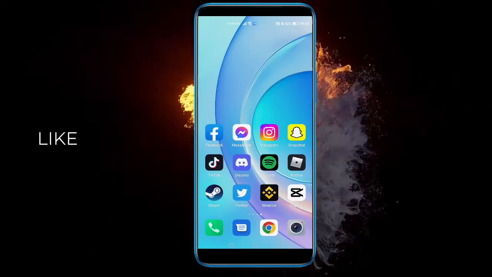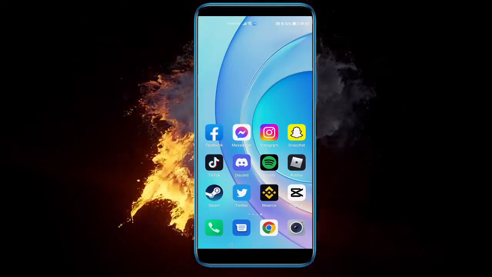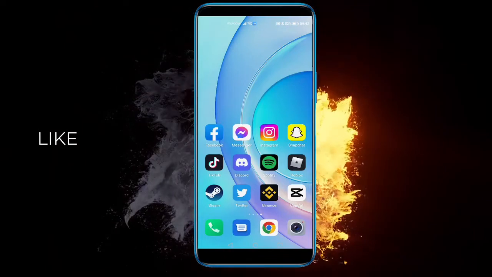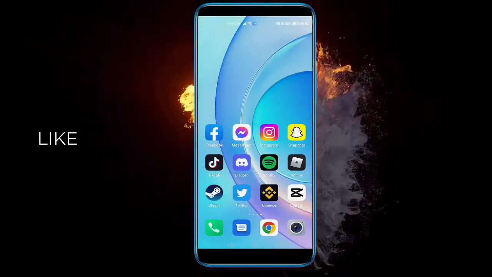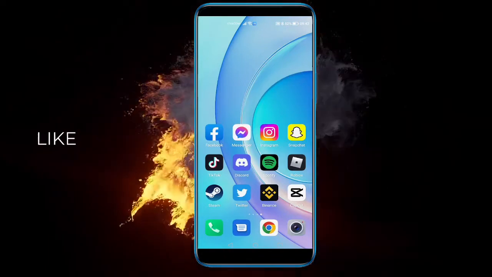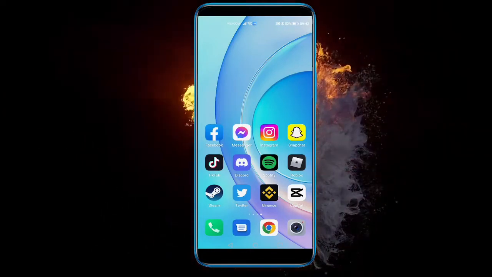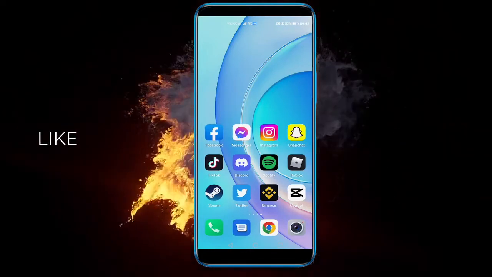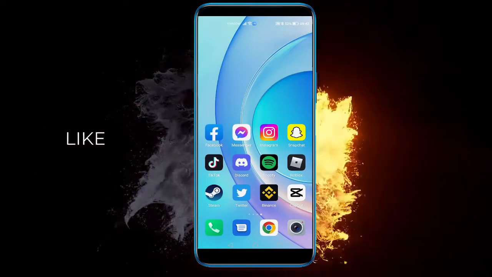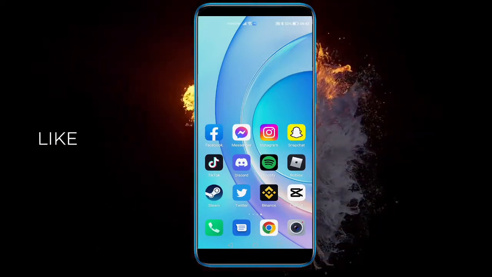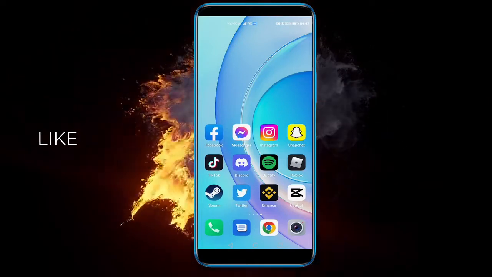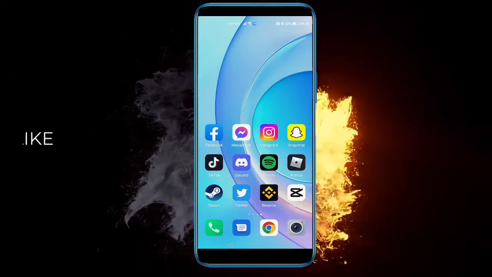Hey there everyone, in this video I'm going to show you how to log out of Twitter remotely. So basically, if you're logged in on a PC or some other device on your Twitter account, but you want to log out from there because maybe someone's on the computer or using that device and you're scared they're logging in to your Twitter just to check stuff, you want to log out but your phone is with you, this is how